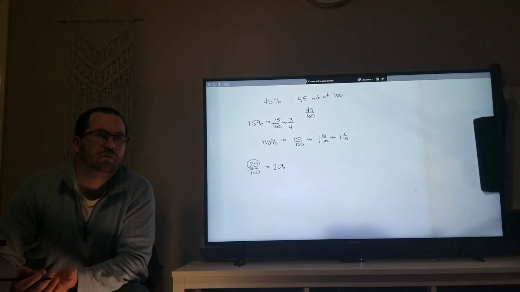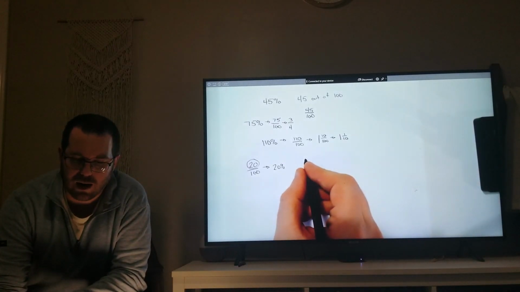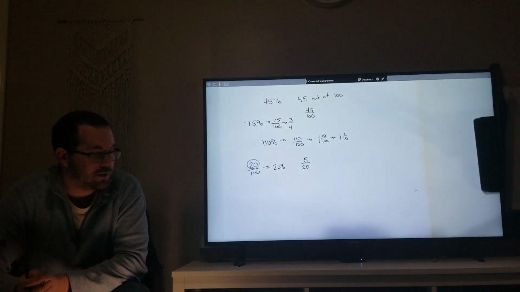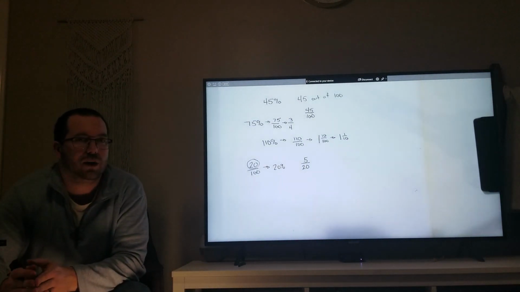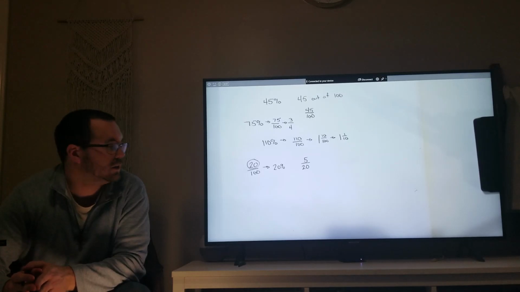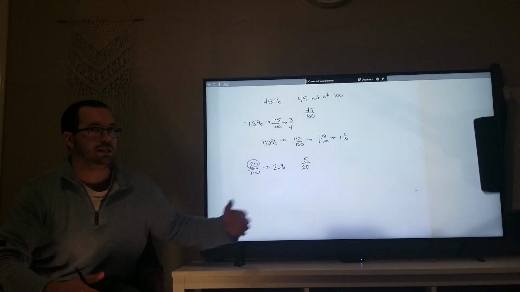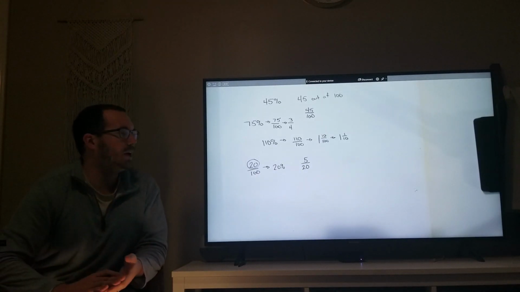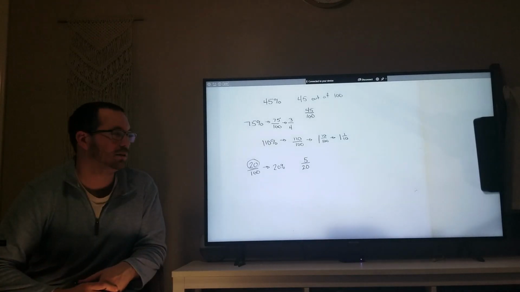What happens if it's not out of 100 yet, though? Okay, let's take a look at that example. What happens if instead we had, let's say, 5 out of 20? There's another fraction. There's actually two different ways that we can solve this fraction. The first is, it's not out of 100. Let's make it out of 100. In other words, how can we come up with an equivalent fraction, another term we used a lot last unit,